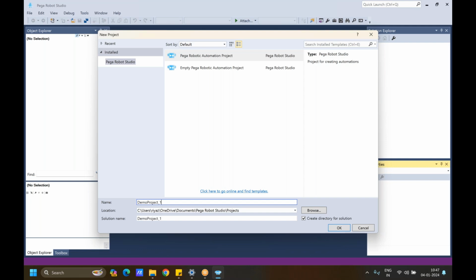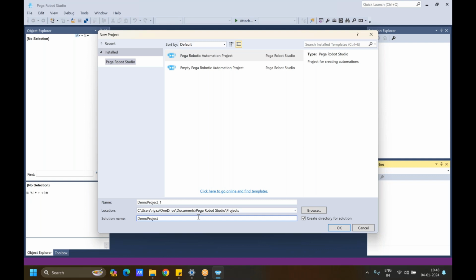Demo project one. You have to choose your project name and the solution name. The solution name will be different from the project name. Let's say you have, as I said, 5 applications you need to interact with, and those 5 applications will have one project name, like one whole process name. That process name you can maintain in the solution name. Coming to the project name, you have the 5 applications, so you can select the main project as the controller project. You can maintain that controller as a name, or else